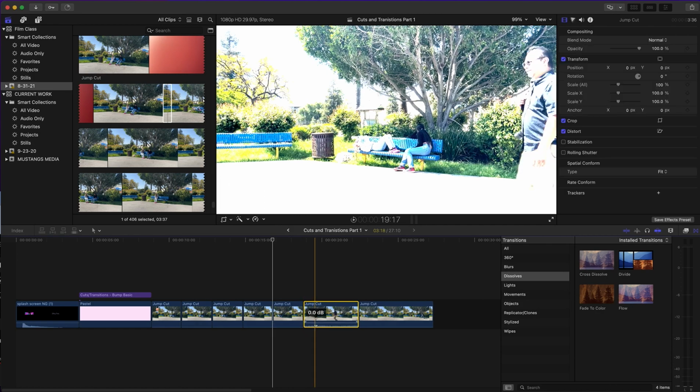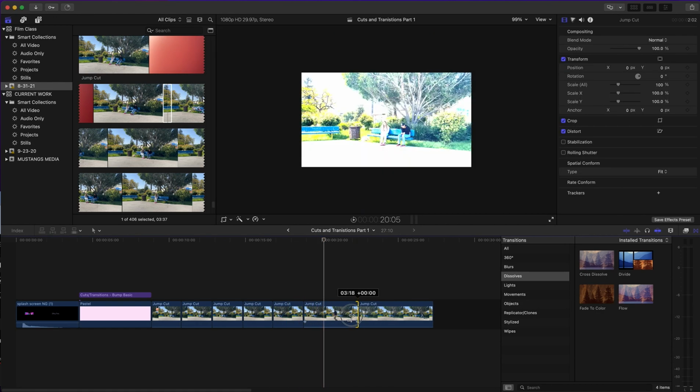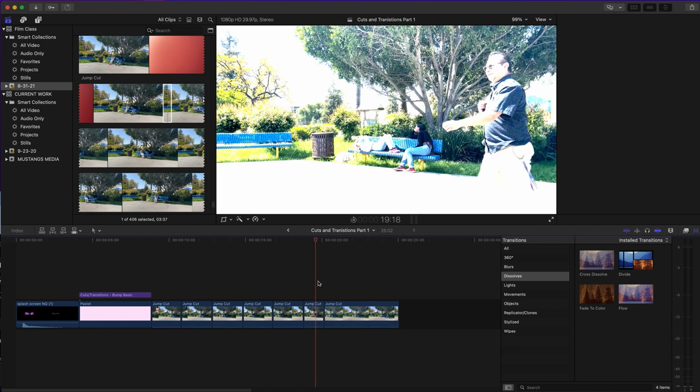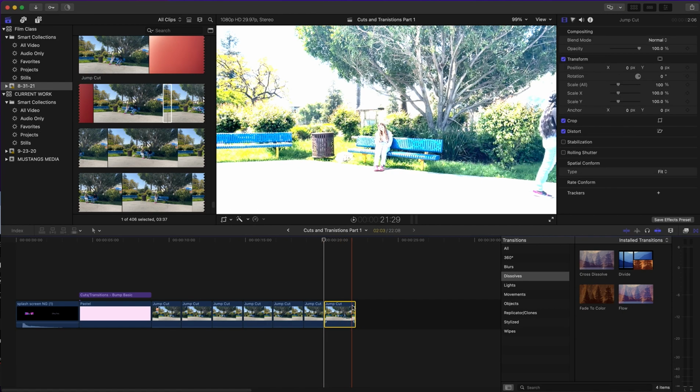Actually, it doesn't even have to show the whole part of me walking through. Just a little bit of it. Okay. And then she's done. How about right here? Instead of showing the whole thing, just cut it right there. A for keyboard to select. There we go. So we got good 20